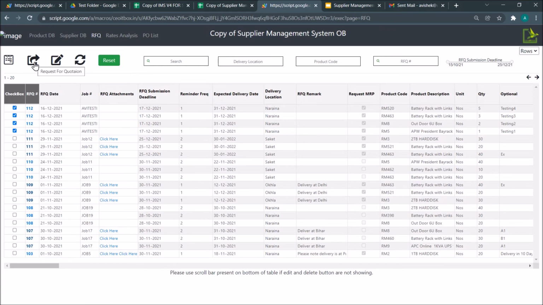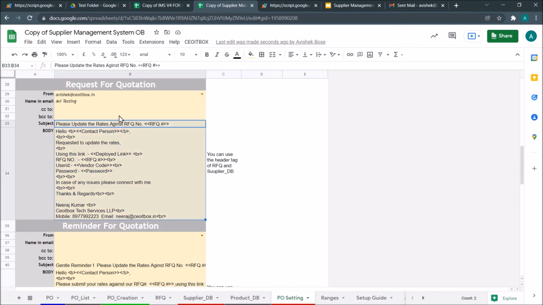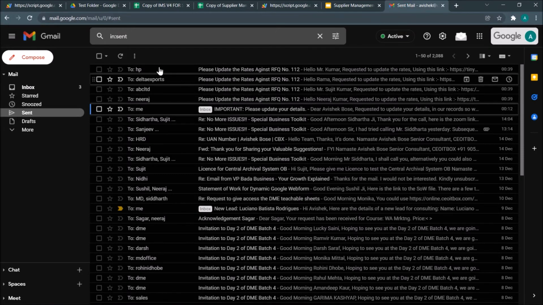Okay, so what this will do is it will simply pick up this template here, which is basically request for quotation from the PO settings, and it will do a mail merge with this tags from this particular worksheet, and it will start sending out emails.